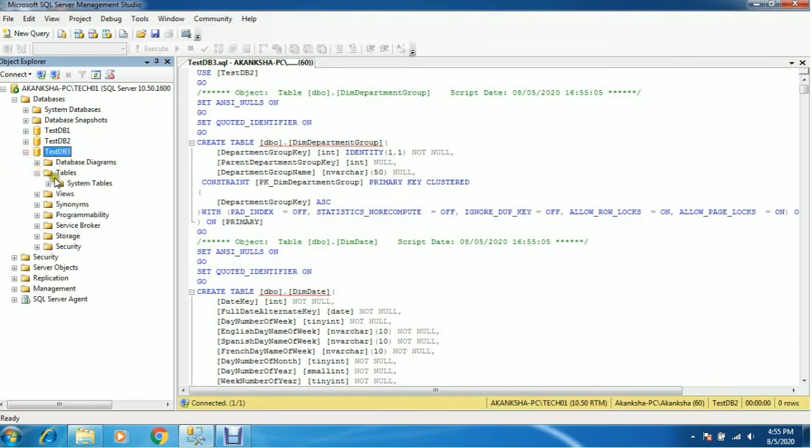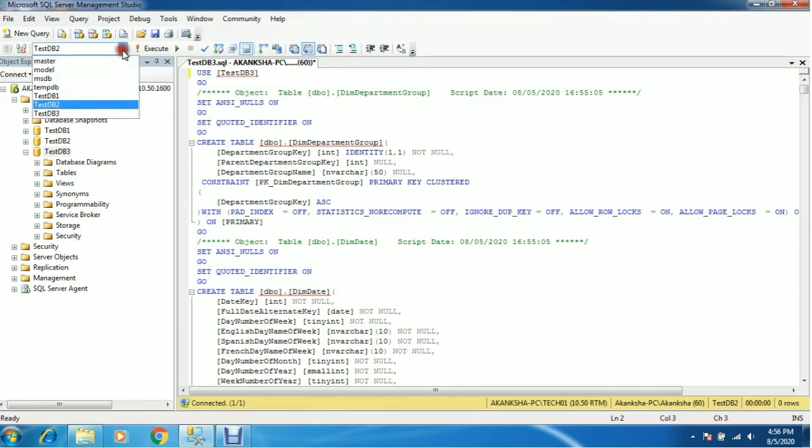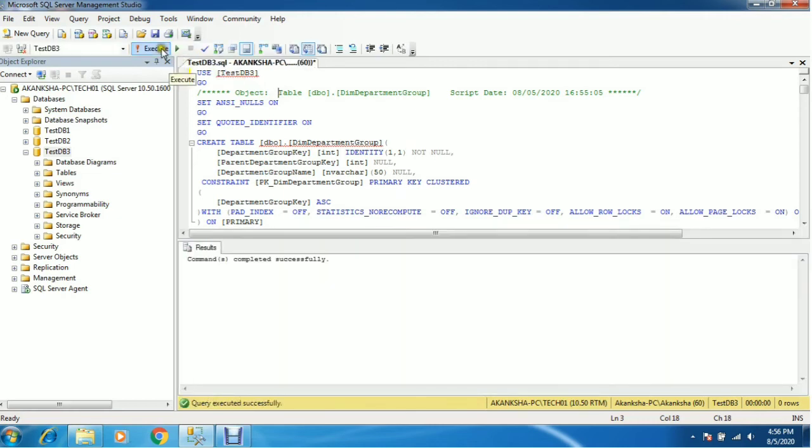Let me verify the tables. As you can see, there is nothing inside the tables. Now I will modify the database name to testdb3 and execute the script. What this script will do is create all the objects of the database testdb2, the tables, functions and views, on testdb3. So this is the simple way to create a